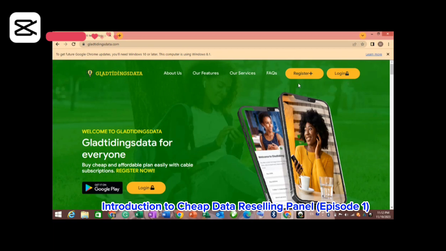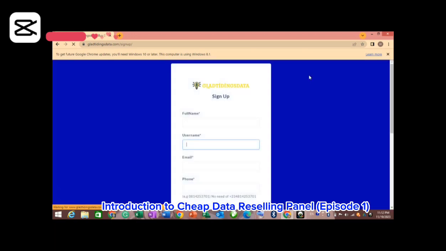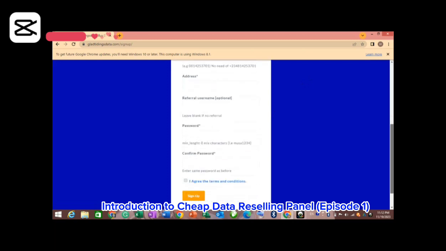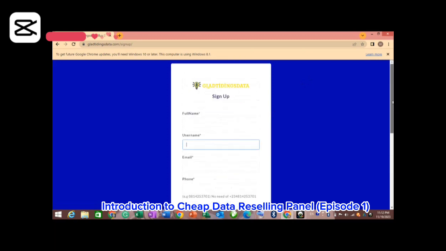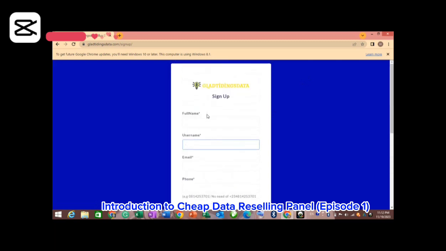To register, you go through this link called register. You click on it, and it automatically takes you to a sign up page